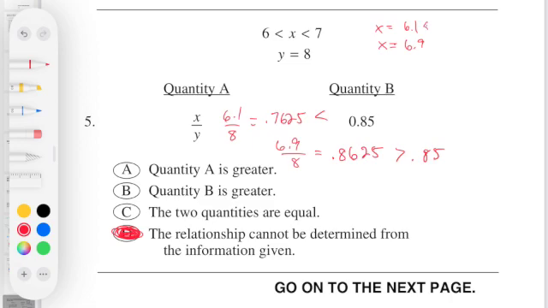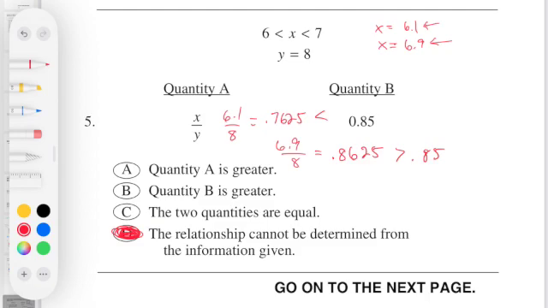Here I chose the smallest number I could easily put into a calculator and the largest number I could easily put into a calculator, so that I could quickly see what happens when the numbers change like that, and then I was able to get to D really fast. I mean, because someone could do 6.1 and then 6.2, and those would still both be smaller than quantity B,